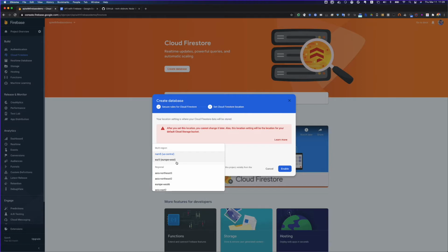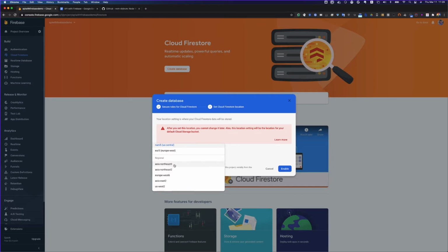So let's suppose you are creating some application for US users, you don't want to create your database far away, like in Asia Northeast, or maybe in Tokyo or Australia or somewhere. So you keep your location as close to yourself.